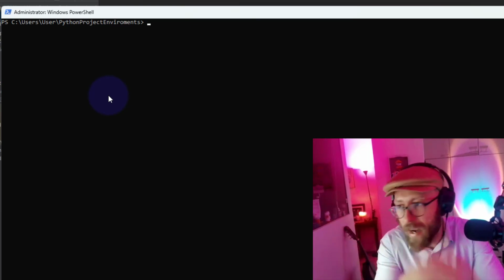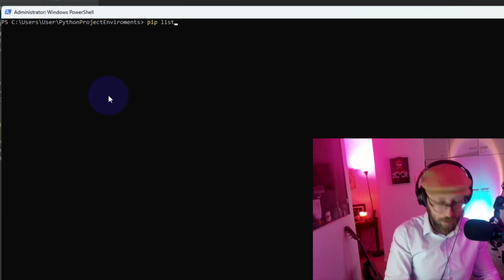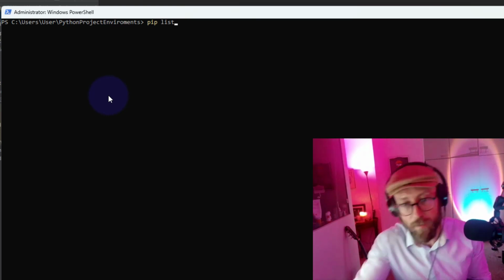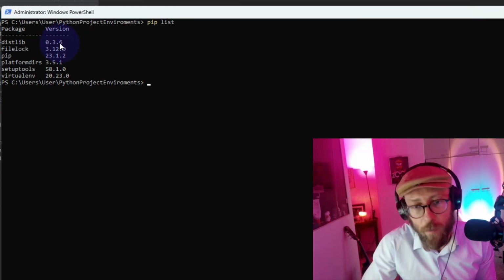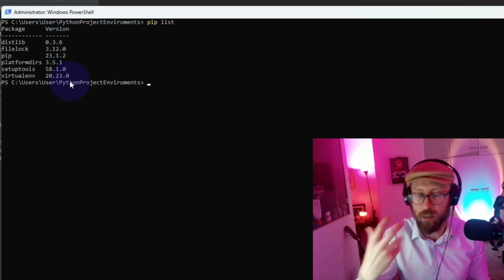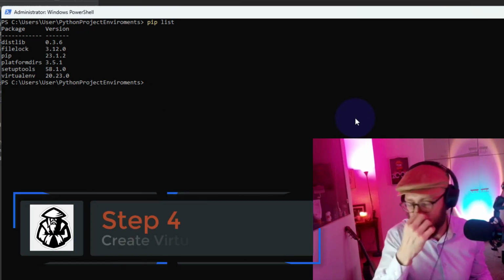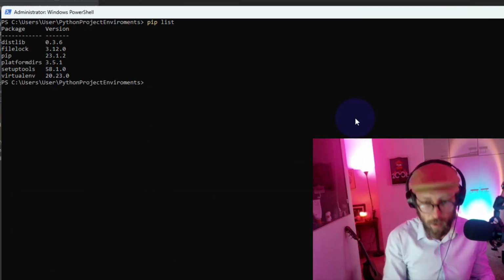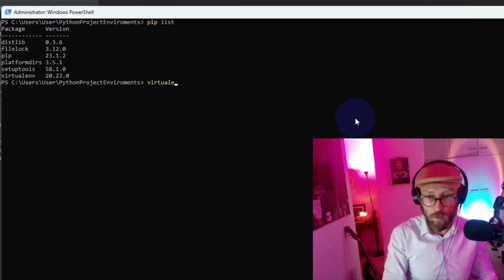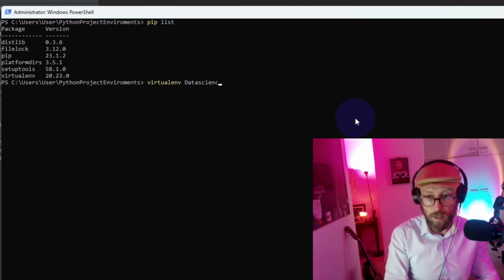In Python, you have your base environment and you have your virtual environment. So if we look at our base environment, pip list will list, if I'm not in any environment, all of the libraries I have installed on my base instance of Python. So if I now want to create a new virtual environment, let's say called Data Science project 1, I just go virtualenv, and I'm going to call this Data Science